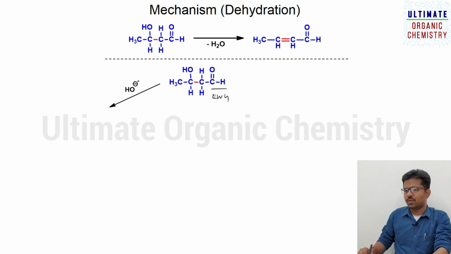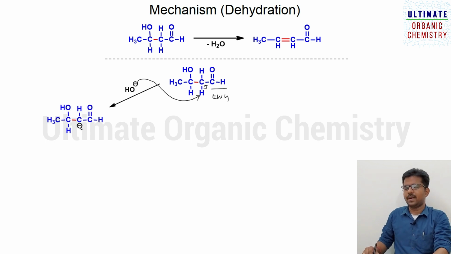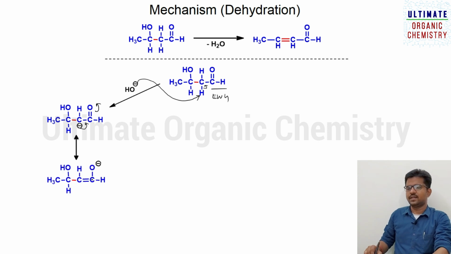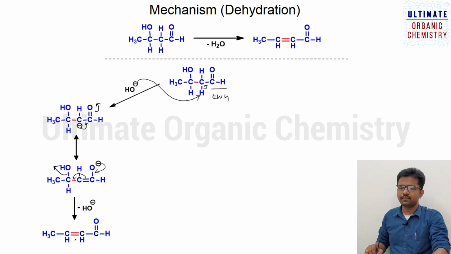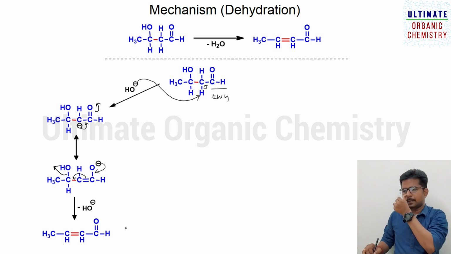So this OH takes this hydrogen. The hydrogen next to that electron withdrawing group will be more acidic. So this electron will move towards the carbon atom. As a result, it forms a carbanion. Once it forms the carbanion, this will undergo resonance with the C double bond O, so it forms enolate. When this enolate is forming, it will come here. As a result, this pi bond will move towards this carbon atom. So this OH will leave as OH minus and it forms the corresponding alkene as a product. So this is about the base catalyzed mechanism, that is the dehydration process.